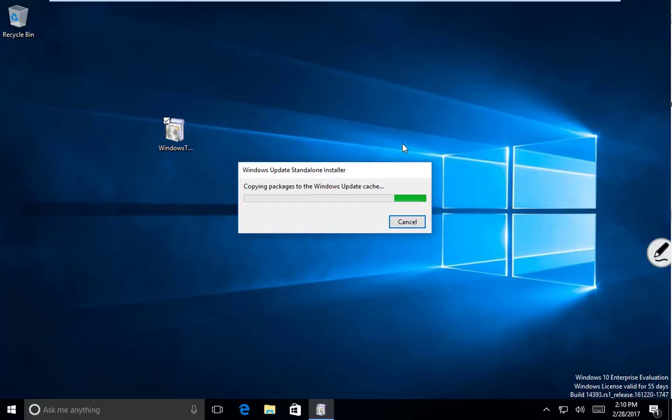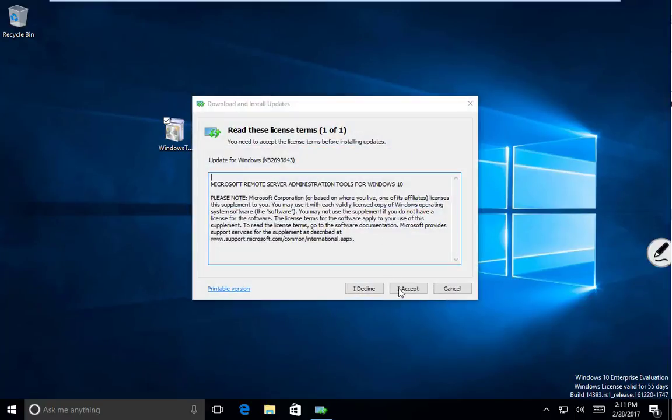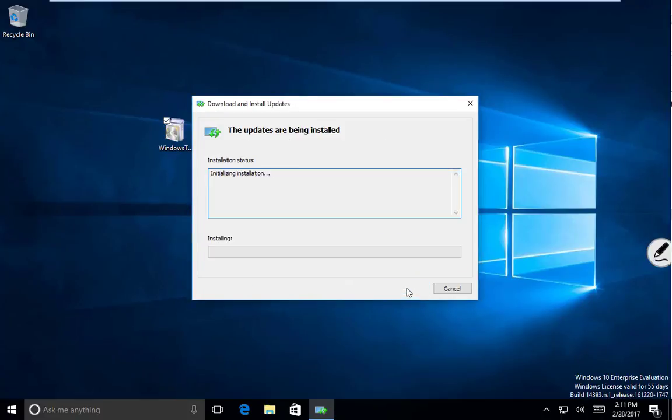So it's going to copy the package and install it. If you accept the license, go ahead and click Accept and let it do the installation. And it actually does take a little while to do this. Another thing to be aware of, I guess while this is installing, is that